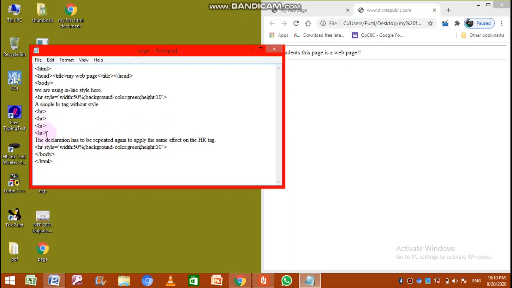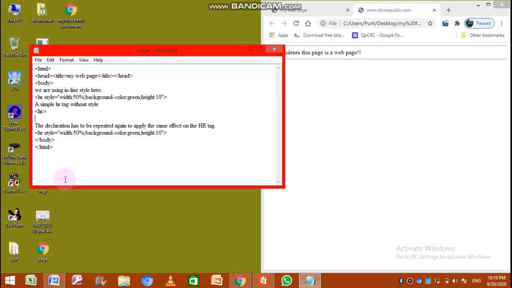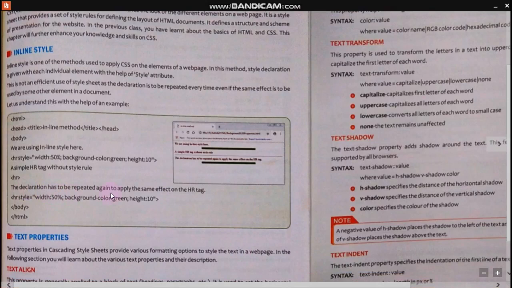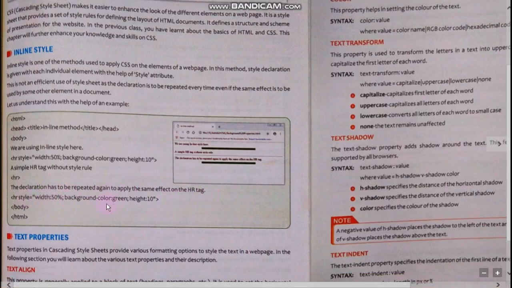Many times HR is printed, and then the declaration has to be repeated again. That many HRs were not there, I think by mistake only one HR was there in the program. Then again the same code repeated, and then body is closed, HTML is closed.